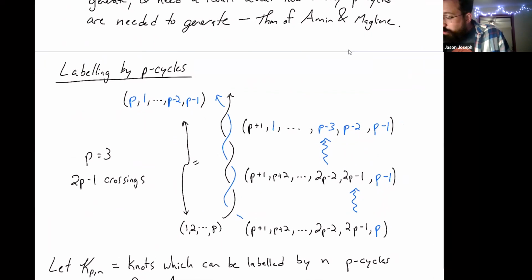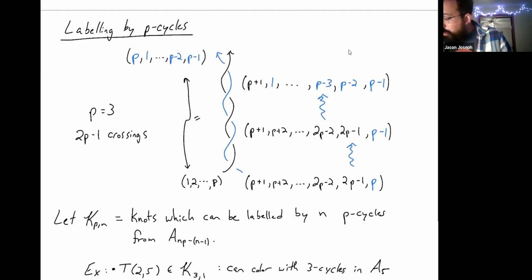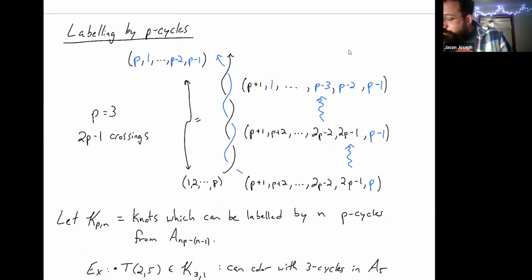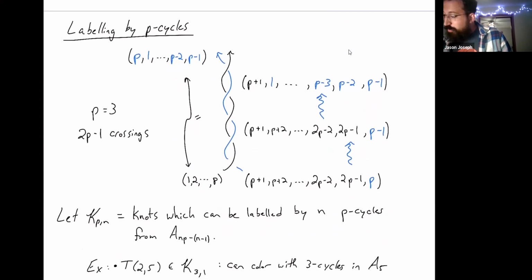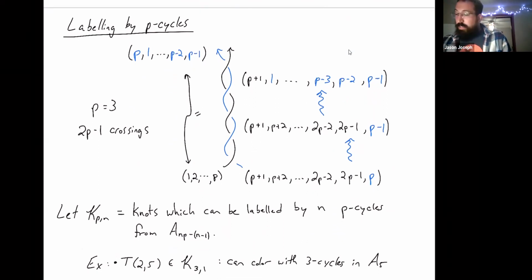It's meant to show that what you've labeled by 1 through p at the bottom left is the same as the label at the top left. And if you go through and check the other labels, this one at the bottom right is the same as the one at the top right. And so that means you can close it up, or you can attach it to other things that are also labeled by p cycles. So this K_{p,n} is the knots which can be labeled by n p cycles from that alternating group, because that makes everything work out nicely and tell you that